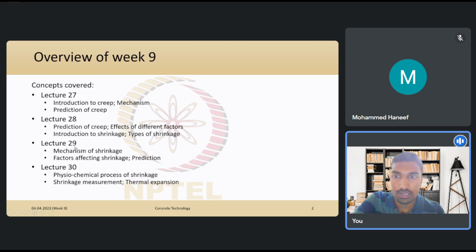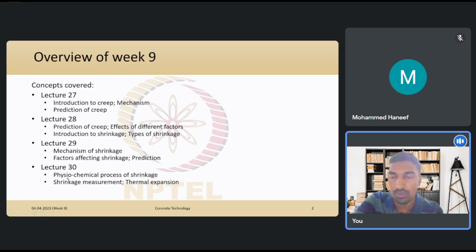And then in the third lecture, lecture 29, we looked into the mechanism of shrinkage: how shrinkage occurs, and also the different factors behind the shrinkage that we see in concrete, and how we predict shrinkage. Like how we had prediction of creep, we also looked at how we can predict shrinkage of concrete. And in the final lecture of week 9, we looked at